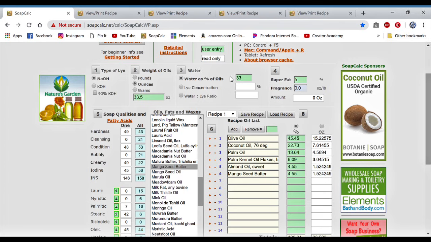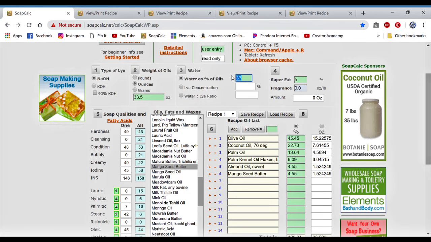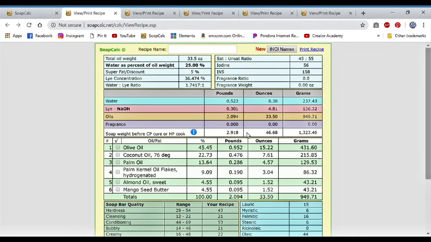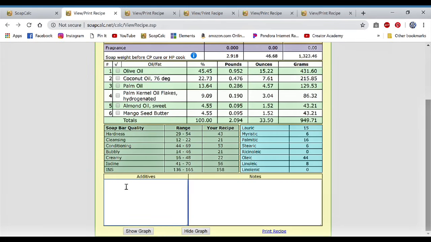So my recipe, I usually use 25 right here. And that will fix that amount and make it closer to what I normally use. Then I'll figure my sodium lactate next,